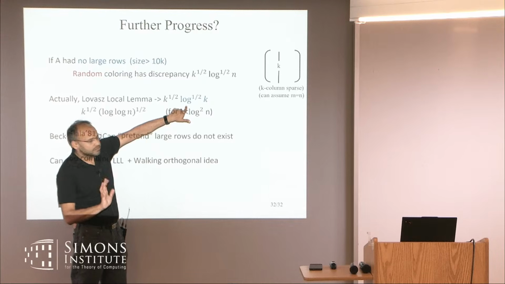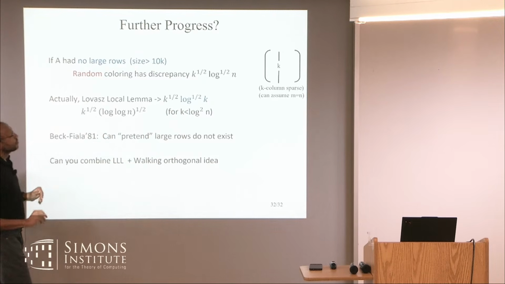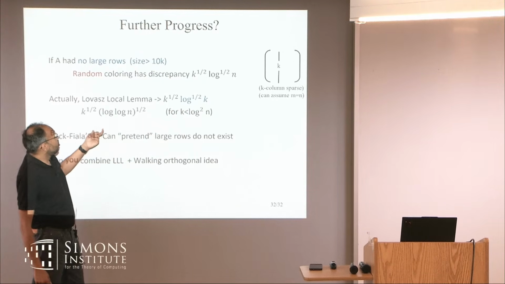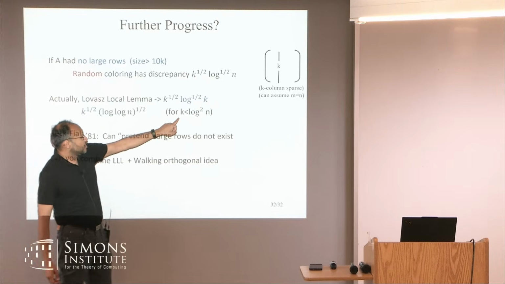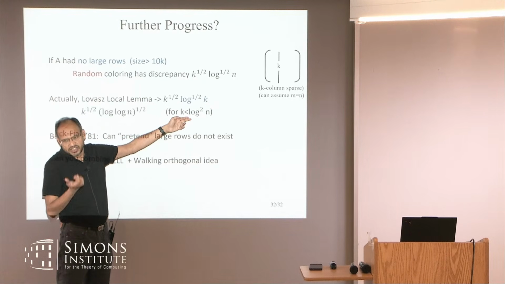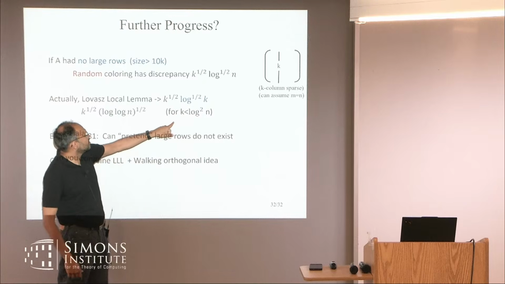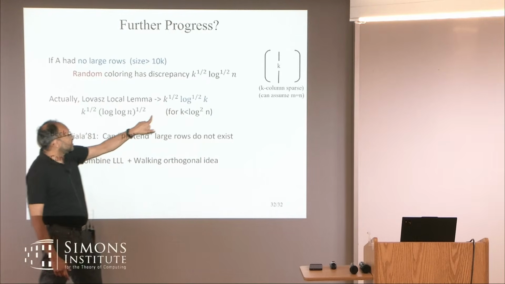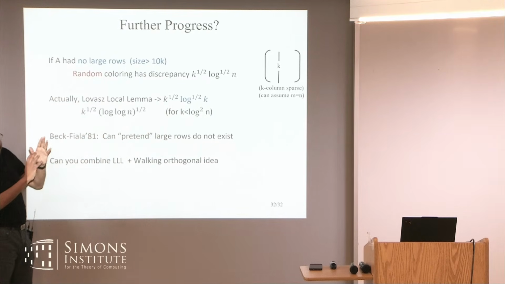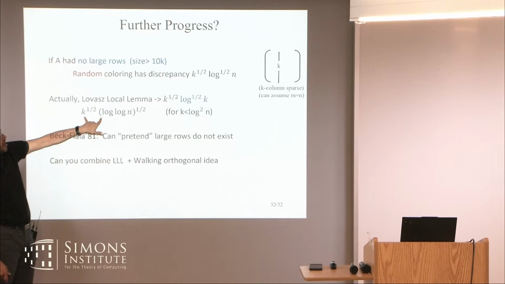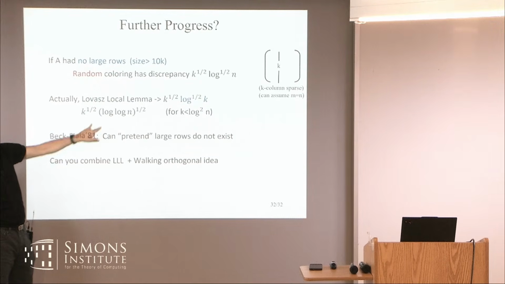If you know what LLL is. But now, we already know the Beck-Fiala conjecture for k bigger than log n, so the only hard regime is when k is really small, where this concentration breaks. So if I could make this analogy and apply LLL techniques by protecting large rows, I would actually get at least this.